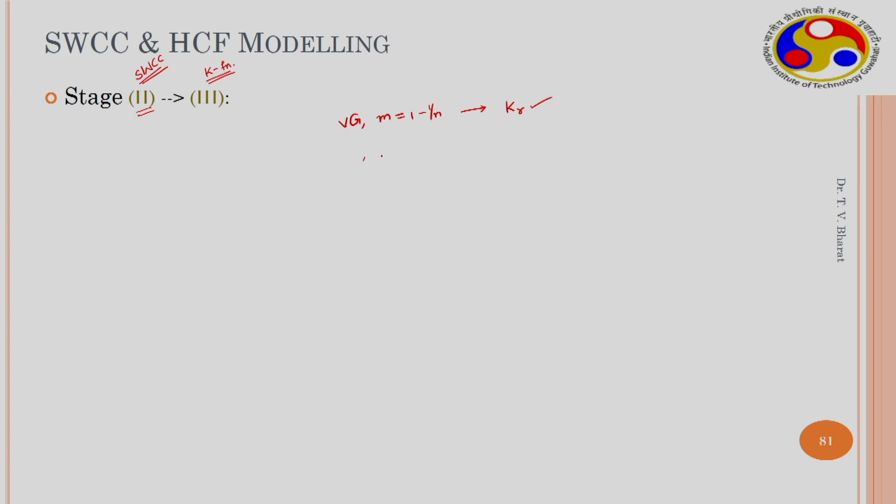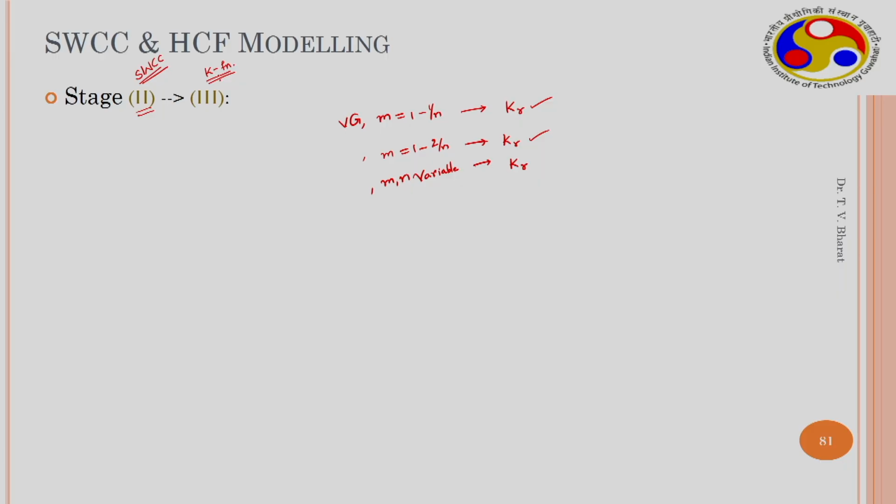Similarly, for the Van Genuchten model using the Burdine equation, the solution is known, and we can utilize the particular solution which was derived to get the hydraulic conductivity function. Similarly, if you are using the m variable case, then the corresponding Kr in terms of the incomplete beta function could be used to obtain the hydraulic conductivity function. Several hydraulic conductivity functions can be determined based on what type of SWCC model is utilized. This is how we obtain the hydraulic conductivity function.